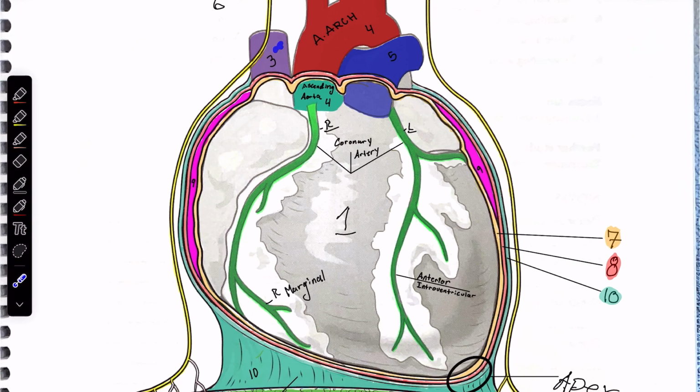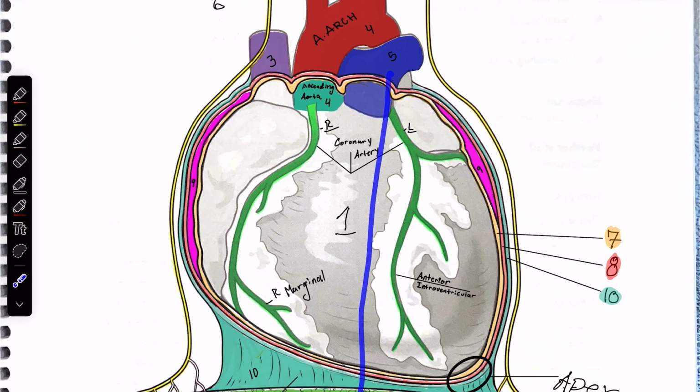The superior vena cava, just to remind you, that's where we're getting blood coming from all the veins that are either coming from the arms or from the head. All of them will drain into the superior vena cava, and that's the start of that blood flow. Number 4, that aorta, we've talked about it. This is going to be your brachiocephalic artery. This is going to be your left common carotid, and then left subclavian